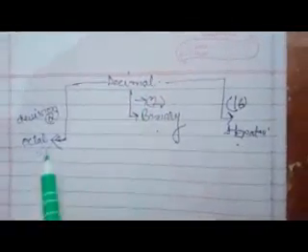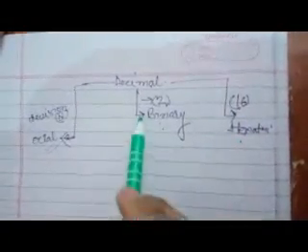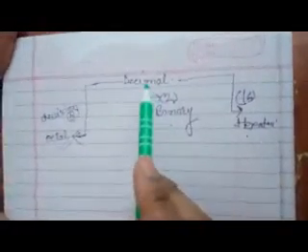I will tell you how we can convert the decimal number system to the binary number system, octal number system, and the hexadecimal number system. There are two rules that you should remember: when we are converting the decimal number system to octal, binary and hexadecimal, we have to divide the decimal number by the base of the target number system. For example, if we are converting decimal to octal, we divide the decimal number by the base of octal, that is 8.